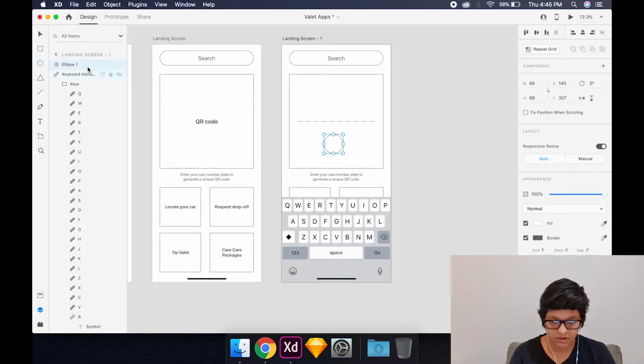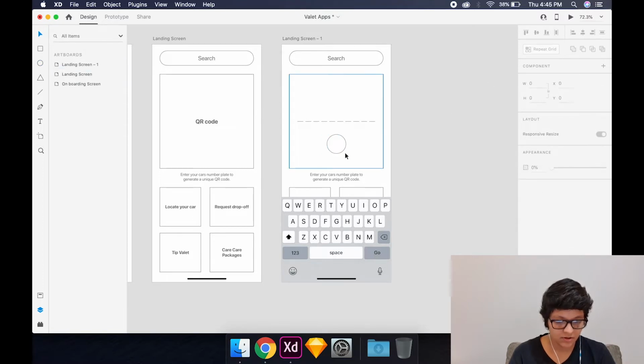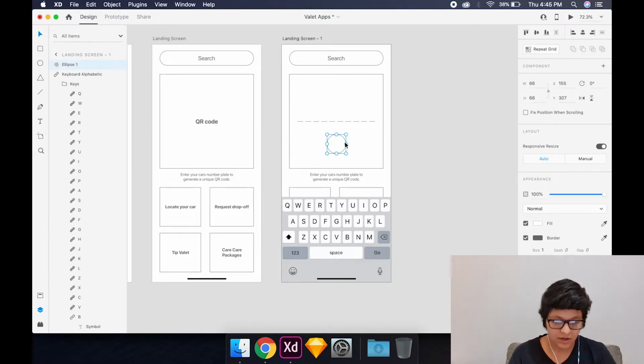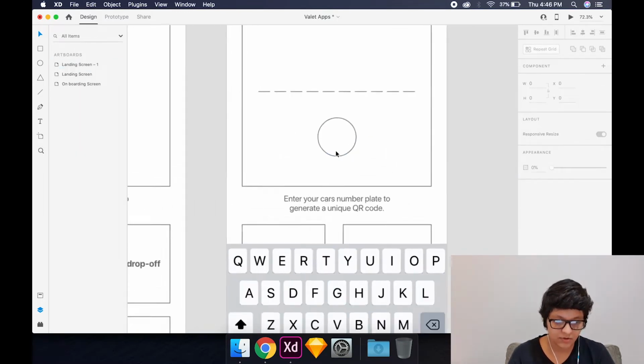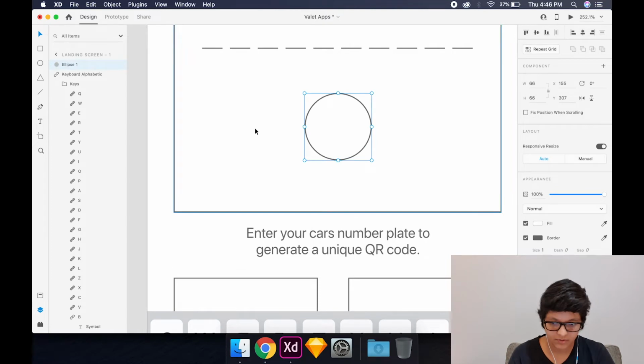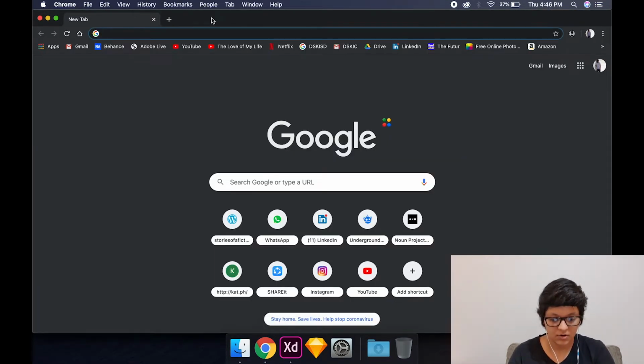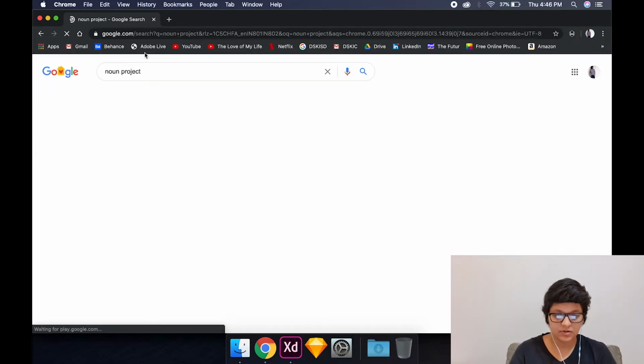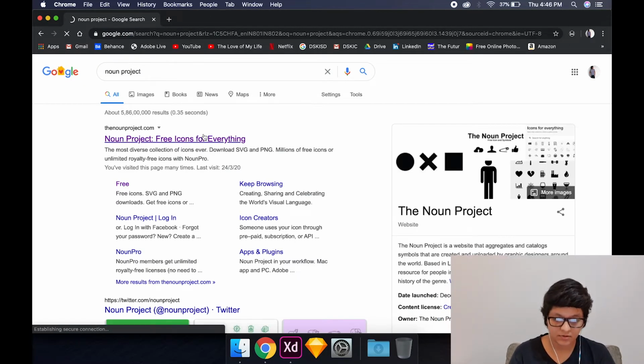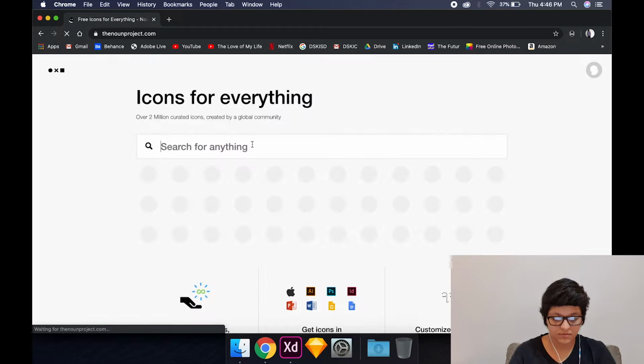I'm just going to make a shape, and I think it could be an outline, and I want an icon inside this, like a tick. So there are two ways I could do it. Either I could create it myself, which is fairly easy. You could use the line tool and make it, or you could use this site called Noun Project that has a lot of free icons for everything. So I will type tick,